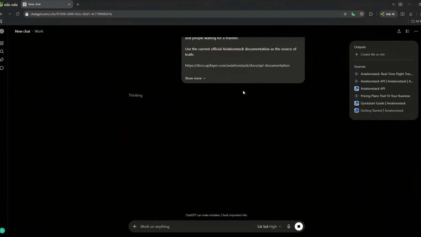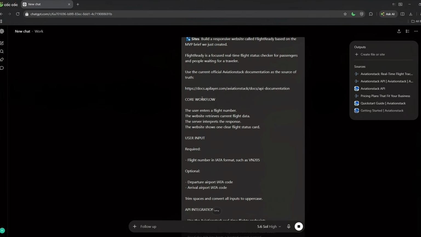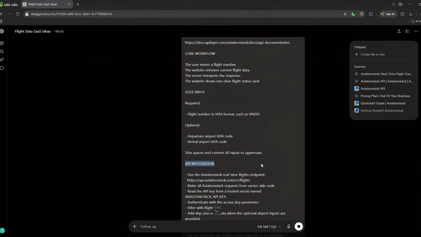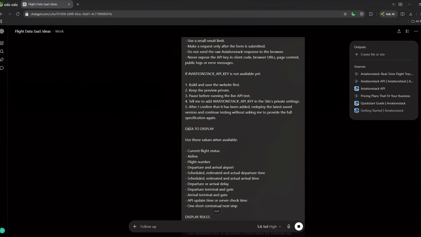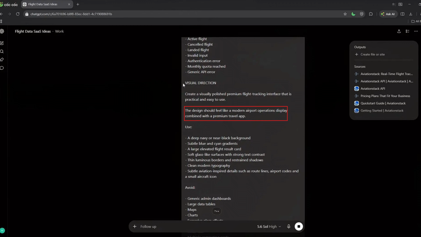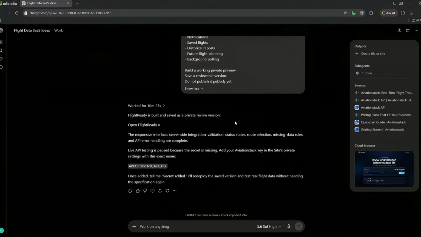I give ChatGPT Sites the MVP brief, the Aviation Stack documentation, and every detail it needs to deploy a fully working app. FlightReady should feel like a modern flight operations screen mixed with a premium travel app. After ChatGPT creates the first version,